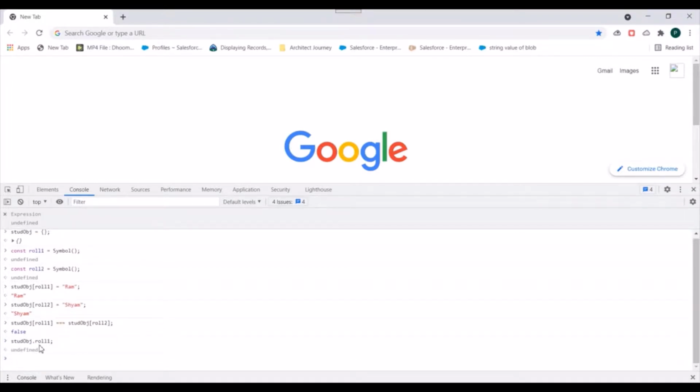Why? Because this roll1, it is a placeholder to hold value of the value returned by the symbol. Okay, so whatever symbol is returning, it is storing that value inside this variable roll number 1. So it's kind of a variable, so you cannot use dot operator. You have to use the square bracket syntax to access the values from those objects. Okay,